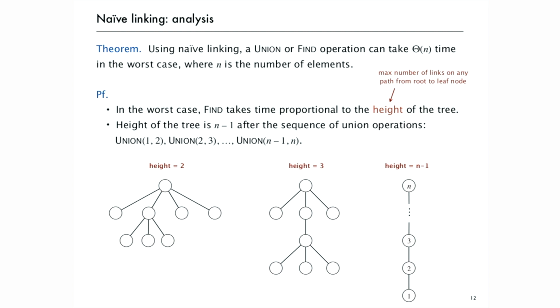Okay. So now notice what could happen in this naive linking. My point is a union or find operation can take as bad as linear amount of time. Why? Because look at the following sequence of operations. In the worst case, find can take time proportional to the height of the current tree. And if I can show to you that there exists a sequence of operations